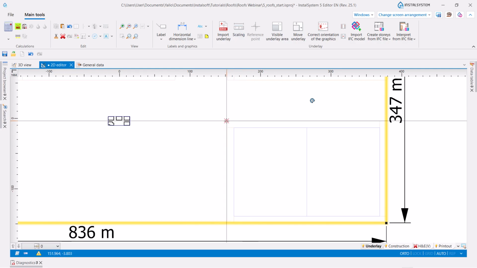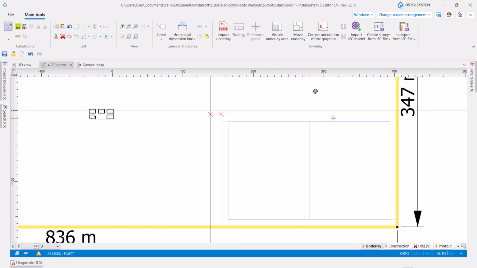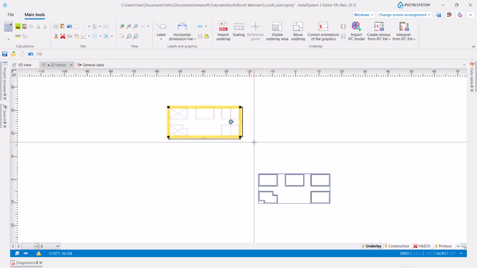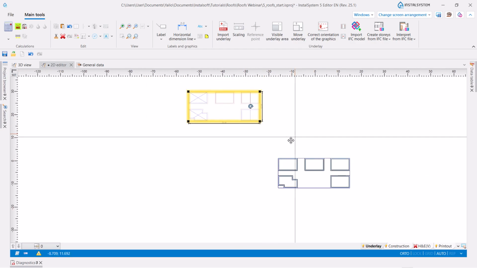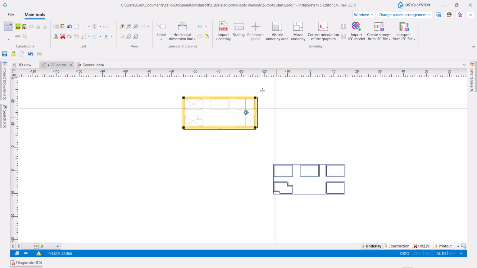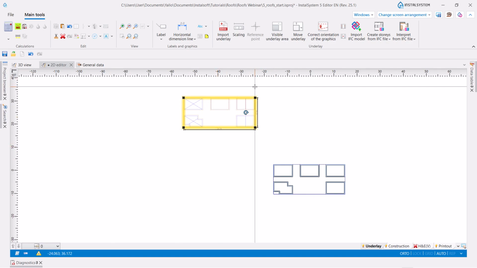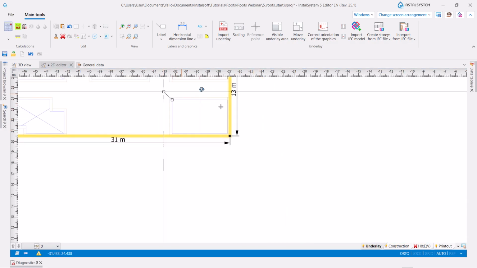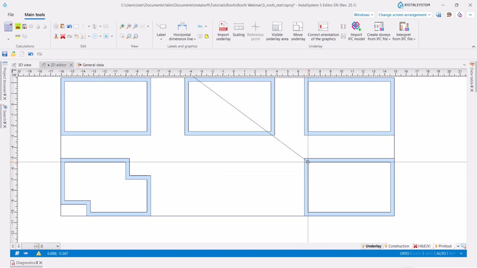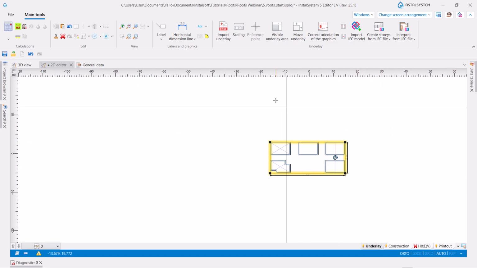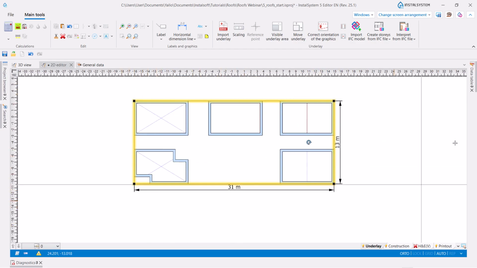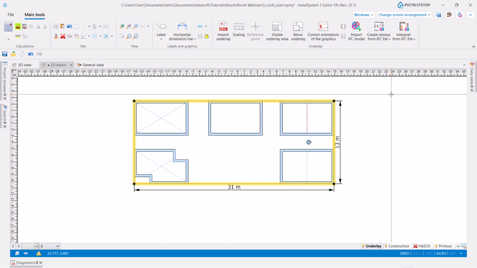Choose this function, scaling, and here we need to enter the value. So now we have scaled underlay, and we need to move it to appropriate position, just in this way. So now we have 2 underlays, one on the other, and we can easily draw roofs